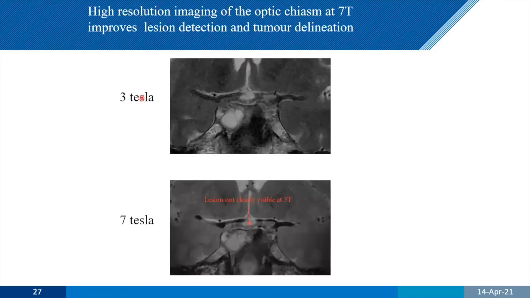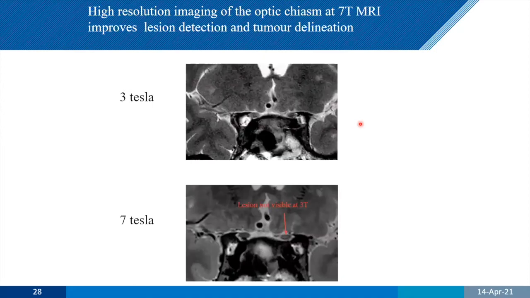The other area that we use a lot is oncology. So this is looking at lesion detection in the optic chiasm. And essentially what you're looking at is something very, very small down here, which possibly is visible on the 3T, but the accuracy or the robustness of that is much less. Second example over here, which is even more demonstrable. So you see that white lesion in the middle there, which you simply can't see at 3T. So this is where 7T, if you can get rid of a lot of those artifacts and scan safely, really has an advantage.